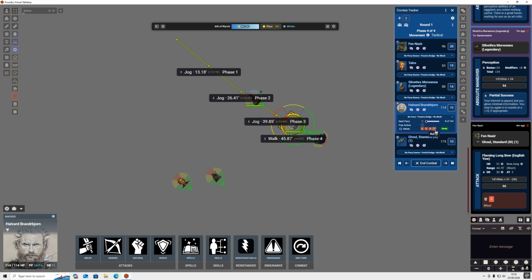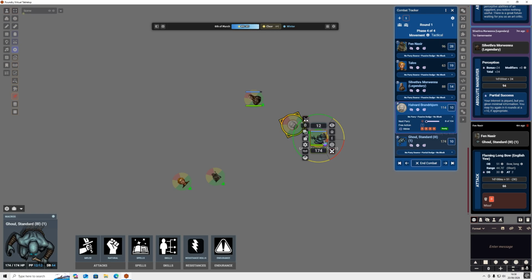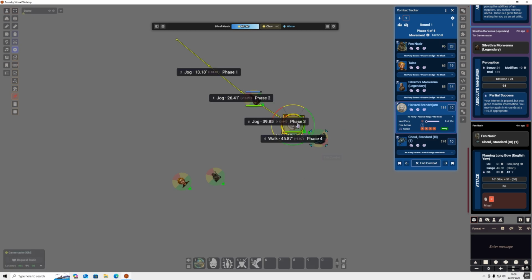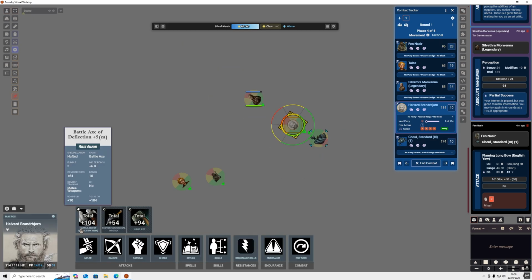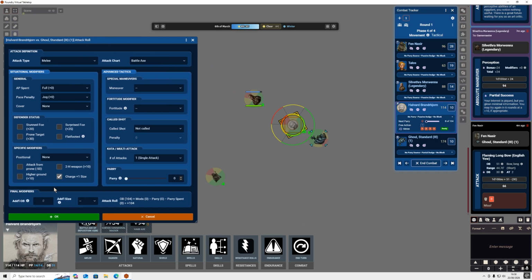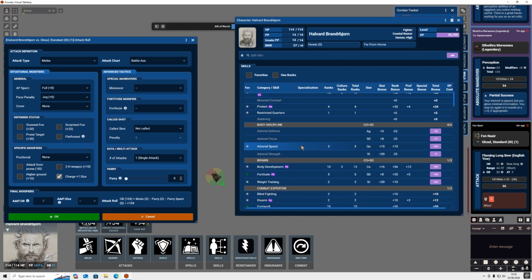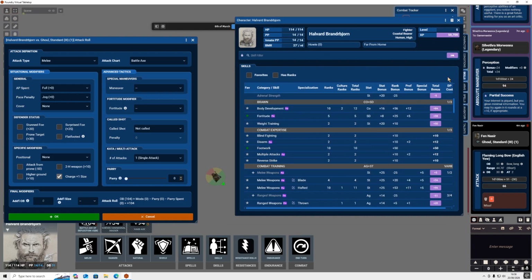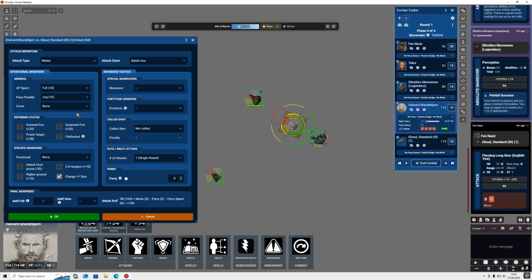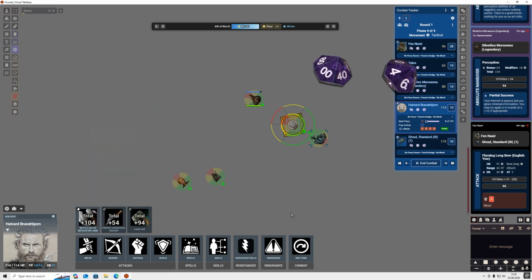He will then add his last attack on, and now his attack is ready. So he will target the ghoul, and then when I do his roll window for his attack, you will see that it's automatically detected that he's moving at a jog pace because he's added the charge +1 size bonus on. And the reason it's jog +0 is because if you look at his footwork skill, it's +50, so that negated the full -50 that you usually get for jog. So he's now attacking with a +1 size for charge,